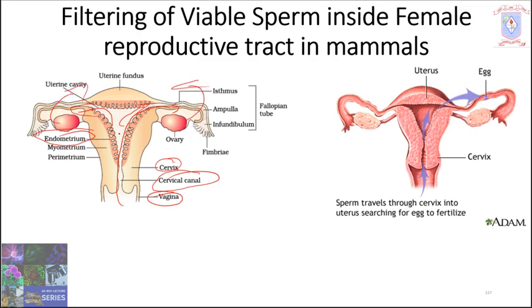If it is from the right ovary, the majority of sperm are directed to the right fallopian tube, and if it is from the left,